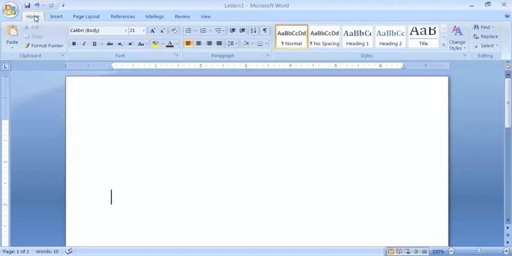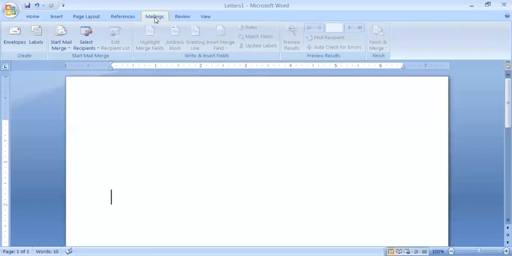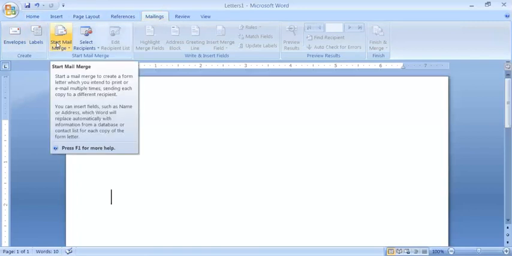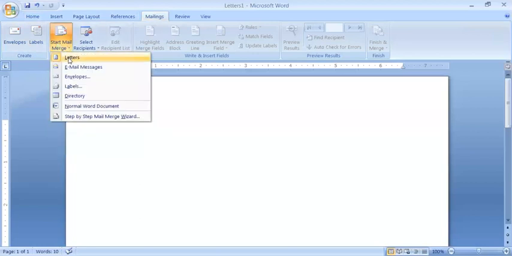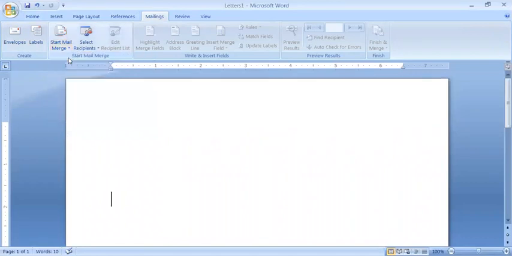First of all, you should click on the option Mailings. In the Mailings option, you will get the option Start Mail Merge. In Start Mail Merge, you will have to click on the option Letters. After clicking on Letters, if you have any other letters written, you can copy them here. You can use a pre-defined one, or you can write it now after clicking on Start Mail Merge.